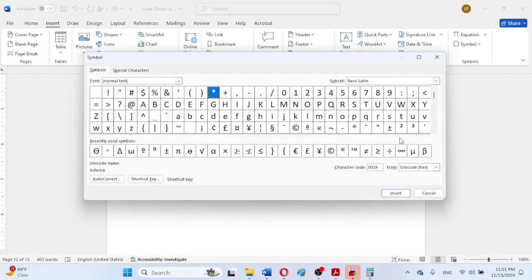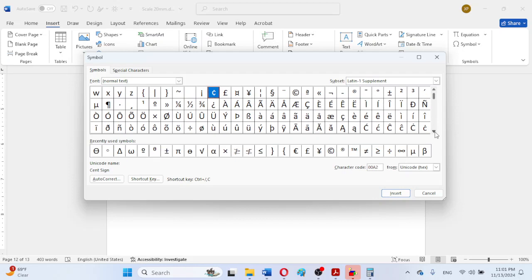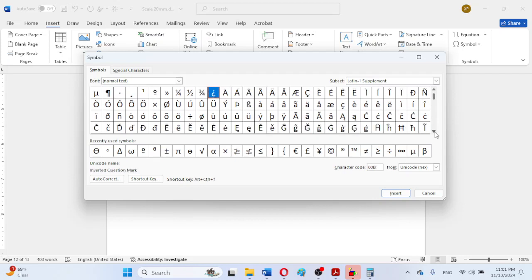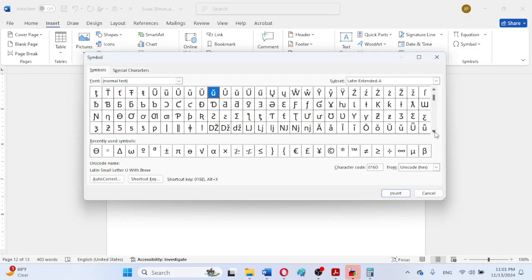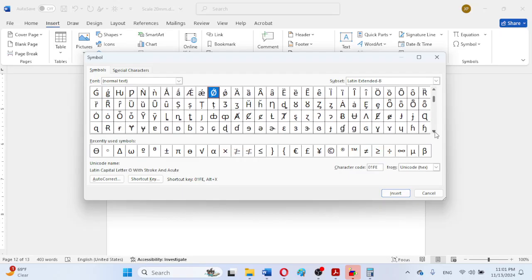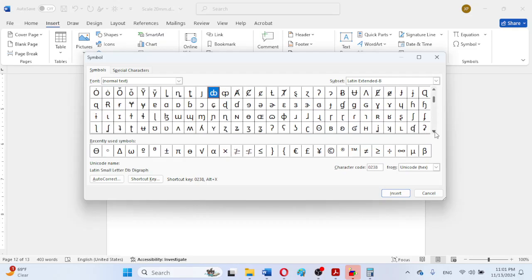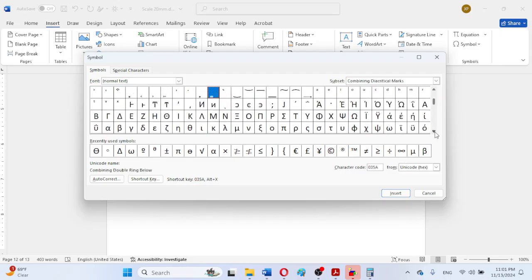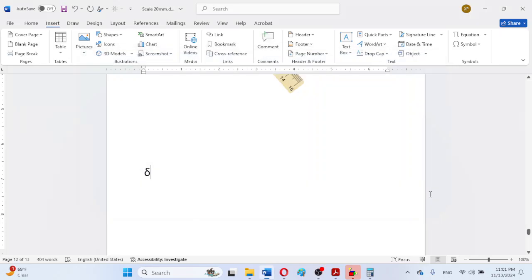Otherwise I will just... So here, I can say this is the delta symbol. So delta here